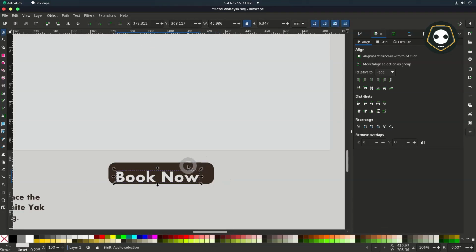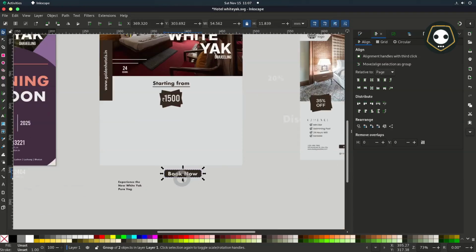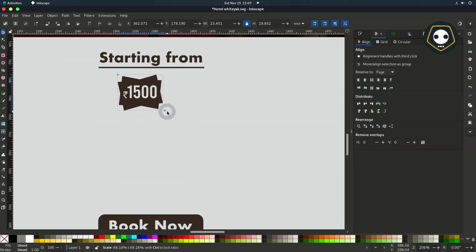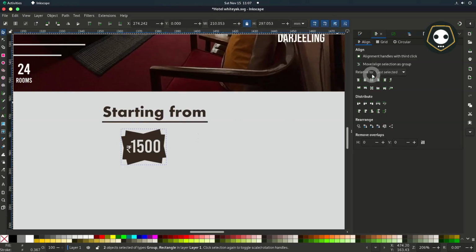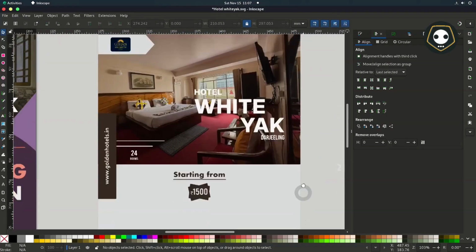And change the text now, and hit enter and Shift Z to group everything. Scale it down and align.